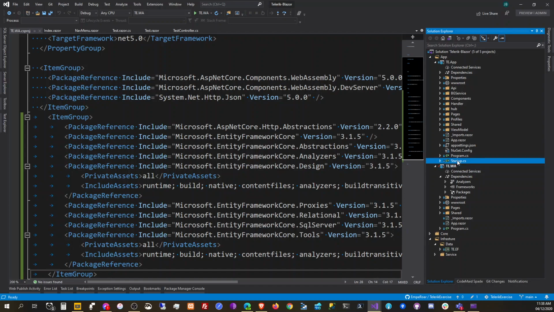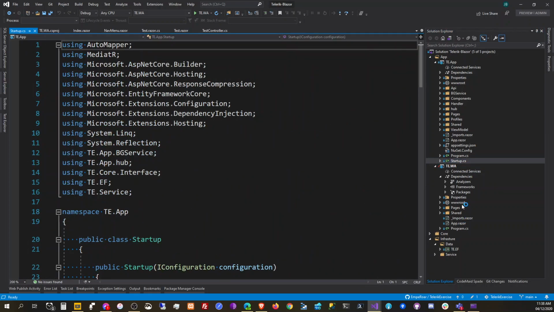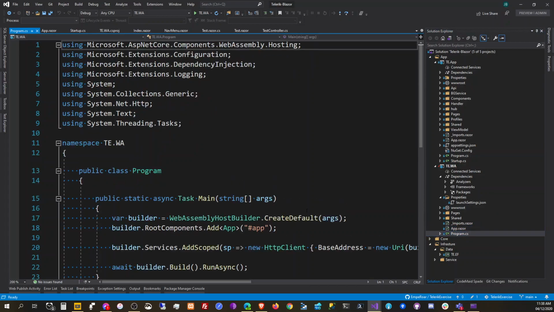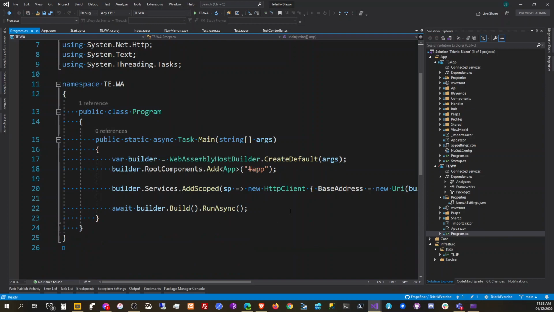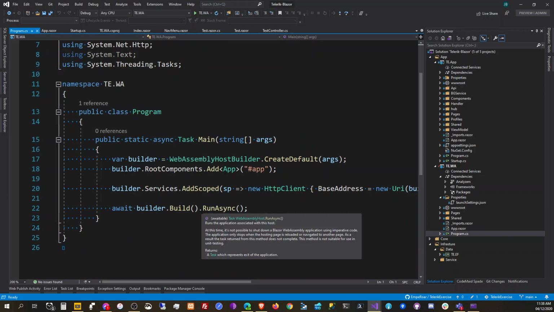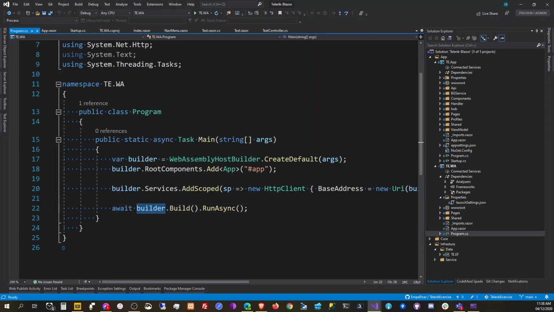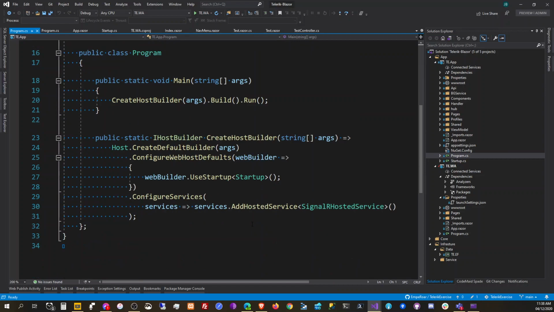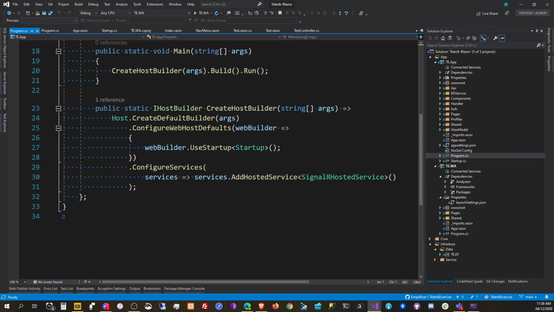to run Entity Framework, we need to have a connection string. So WebAssembly doesn't have any connection string. Should we add it? Okay, there's a main. So the builder here is a WebAssembly host builder. It's a different builder compared to the program here. This is